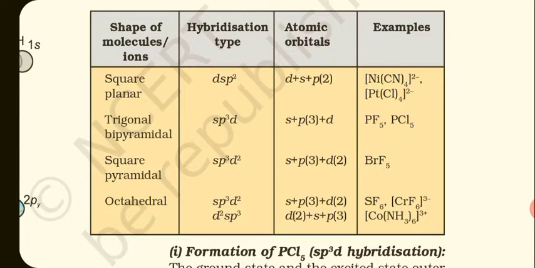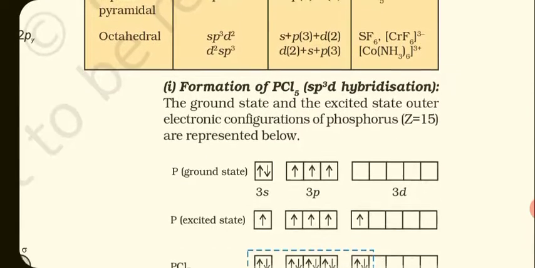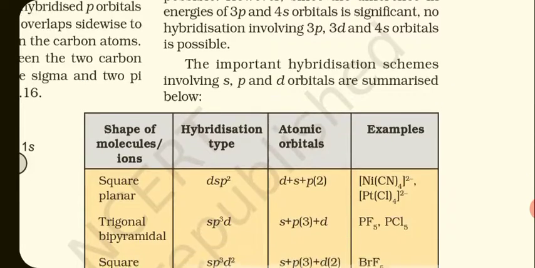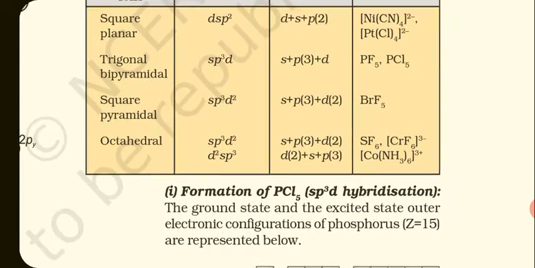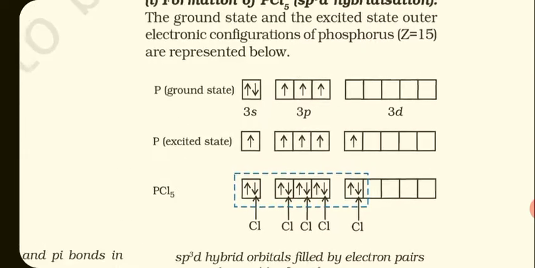So if there is a dsp2 hybridization, then 1d, 1s and 2p orbitals are involved. Summarized below in the table are dsp2, sp3d, sp3d2 or d2sp3, and examples are also given. Now first of all we will see